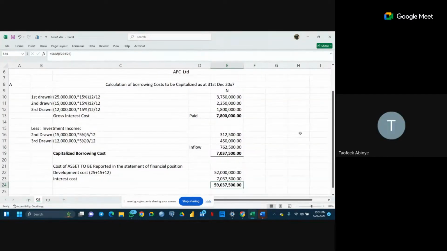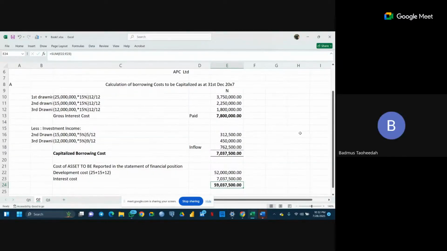So, second question, sir: does that mean the 3 million will be expensed, or we don't have any business with that 3 million? We don't have any business to do with it. The reason I will not say it is going to be expensed is that they might still use it for another project that meets the qualifying capital expenditure requirement. If they do, we are going to capitalize the interest they incur on that too. But as of now, the question is silent on it. We assume that only 52 million is being used for this particular project.